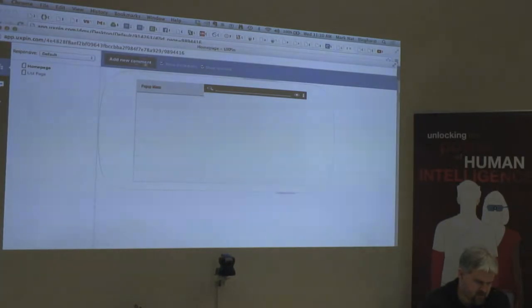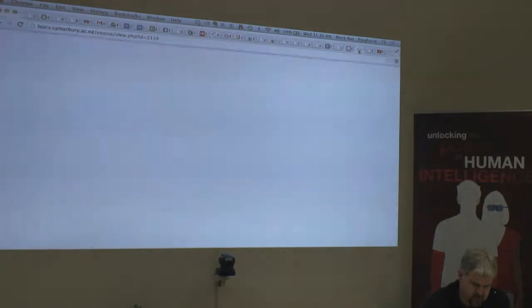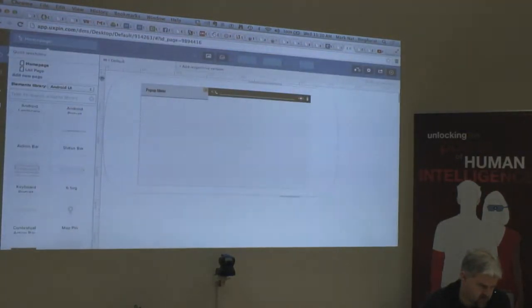This allows you to also add comments, so share it with other people. Back to here we go. So then also here